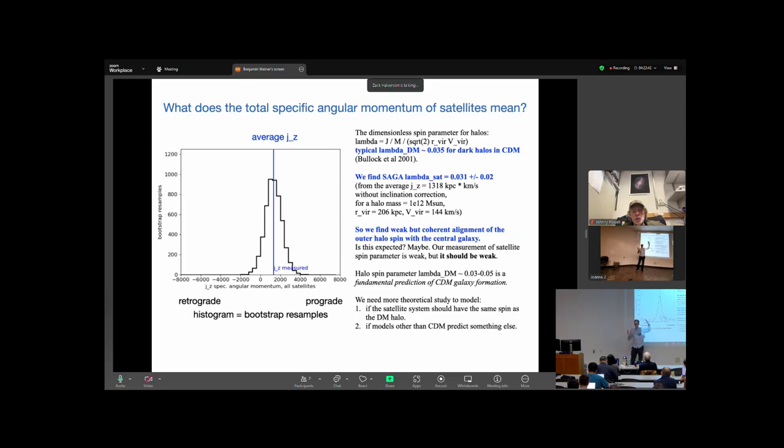So in order to put everything into the same frame, I had to use the position angle of the central, because they're all different directions on the sky, right? So I have to rotate them all to have the same x and z axis. But I think I could use the ellipticity of the central.